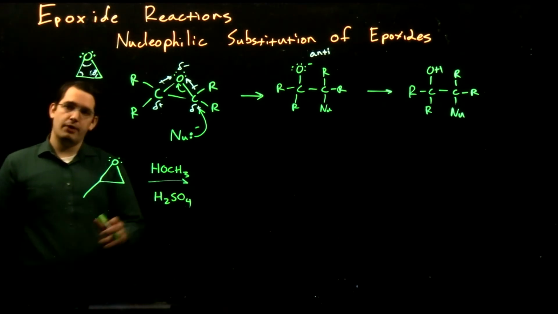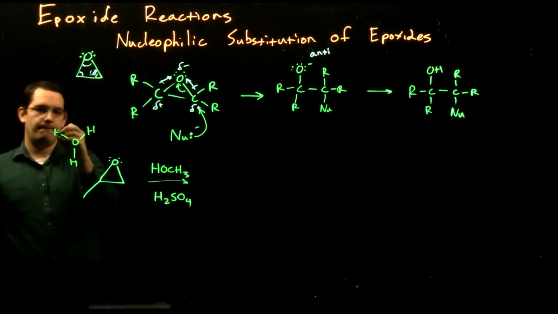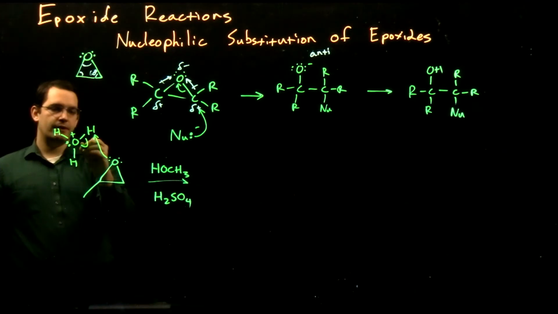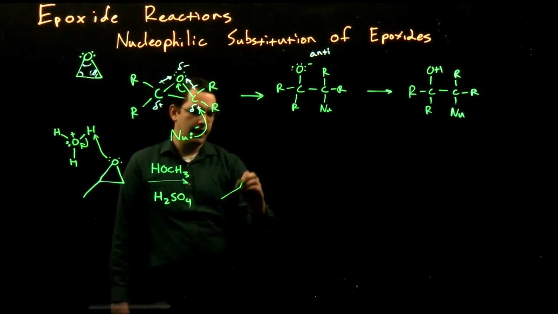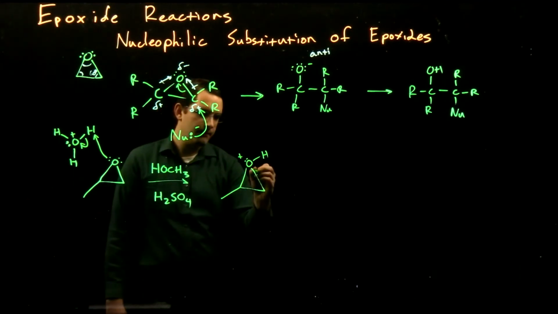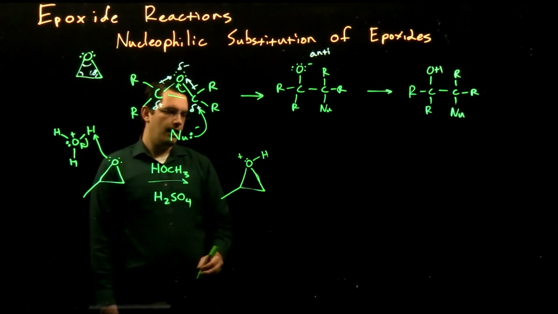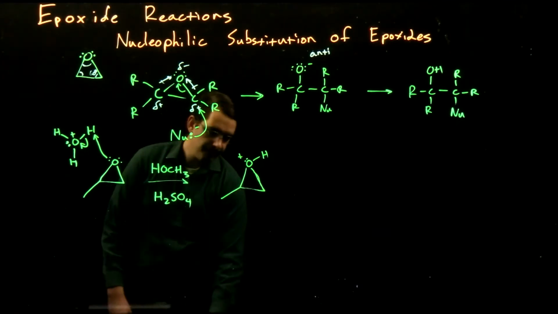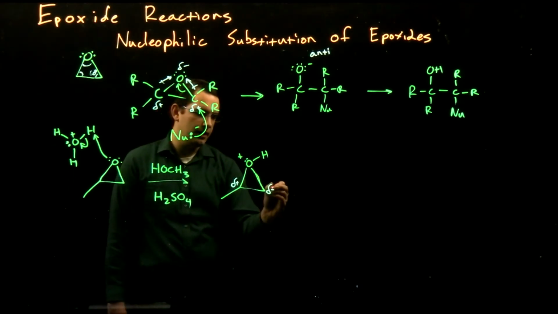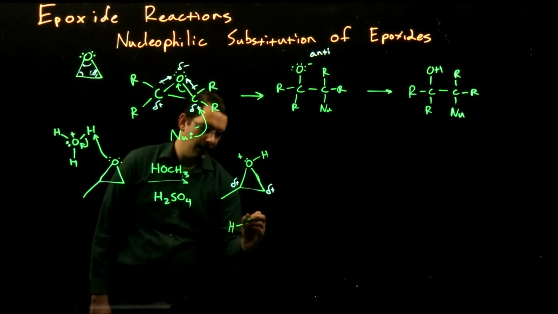So if we have the same reaction under acidic conditions, in this case our oxygen is actually going to react first with our acid. So we take the hydronium ion that's created by our acid, in this case sulfuric acid, and we're going to first protonate our oxygen here to create our protonated epoxide ring. So now we have our oxygen here with a positive charge and our two carbons here as well. And our oxygen is actually going to share that positive charge with each of our carbons here. So we get extra positive charge at our two adjacent carbons. So our partial positive charges become even larger as we're sharing some of that positive charge of our oxygen. And so when we bring in our nucleophile now, our nucleophile is going to be our alcohol in this case,